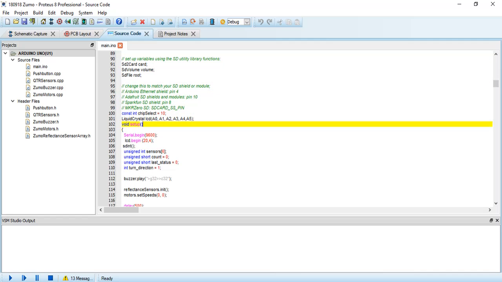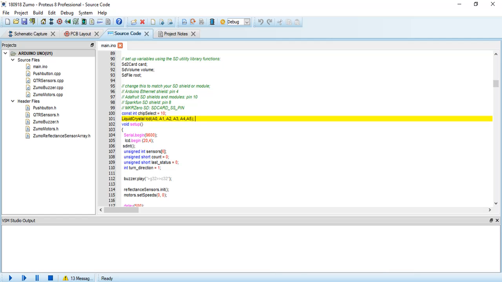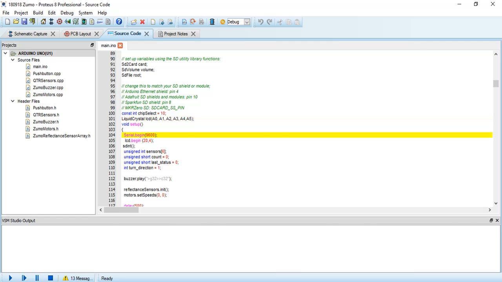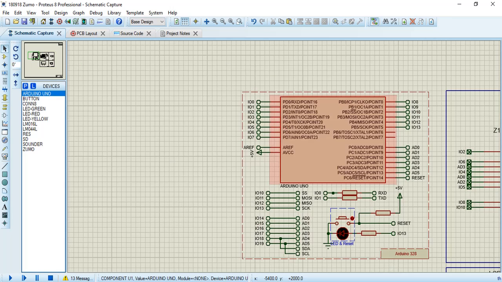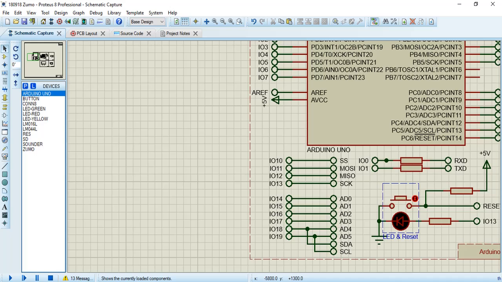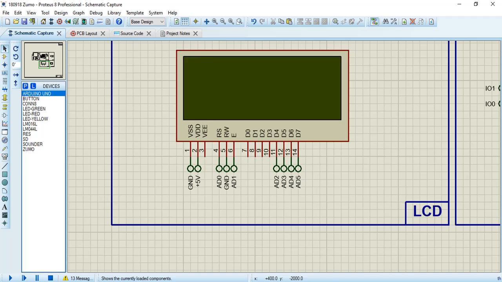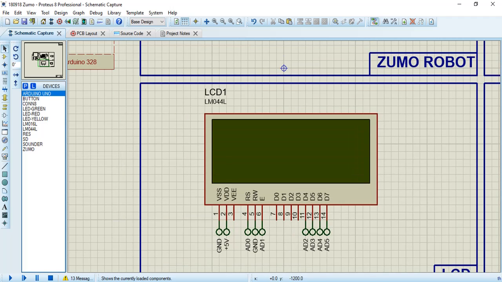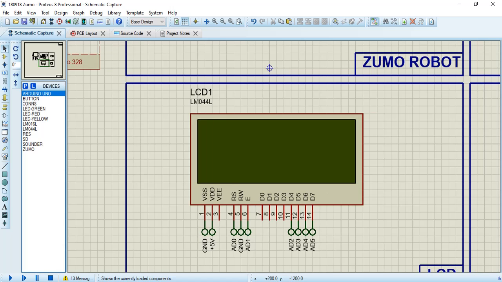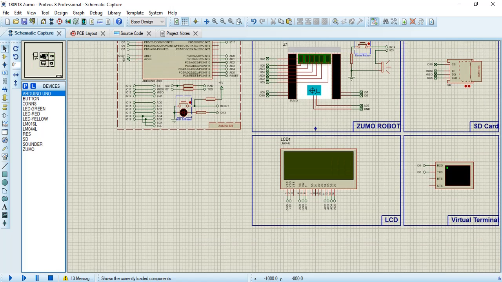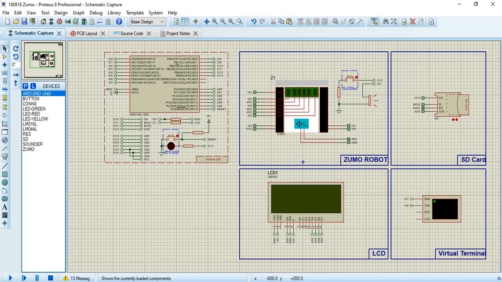The thing which we have added beside the simple program is the LCD, and I am using these pins as 0 1 2 3 4 5. You may use other pins according to your program, but since I don't need most of the pins, I'm using them in this fashion, and I'm using only 4 pins since I'm using it in 8-bit mode, since there is no use of it a lot. We will just be representing whether the robot is moving left, right, or straight. These are the pins connected to the microcontroller,